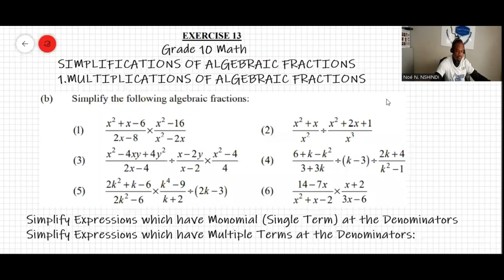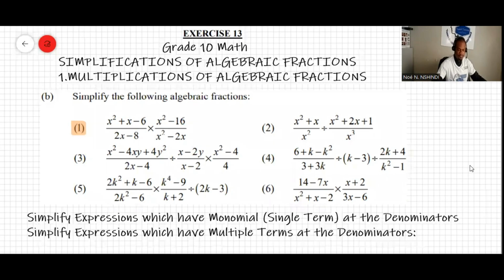Well, we have another question here that says simplify the following algebraic fractions. So this is question B. Let's start with question one. This one, what we have there. Question one